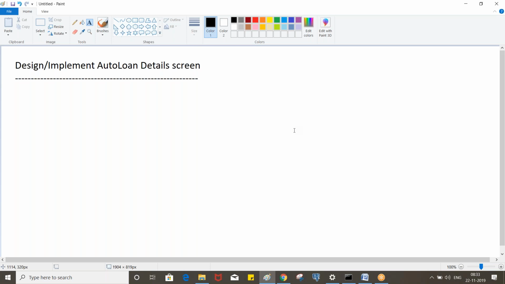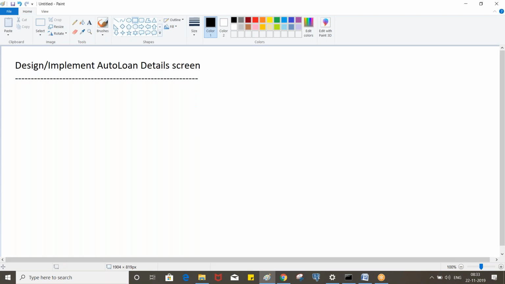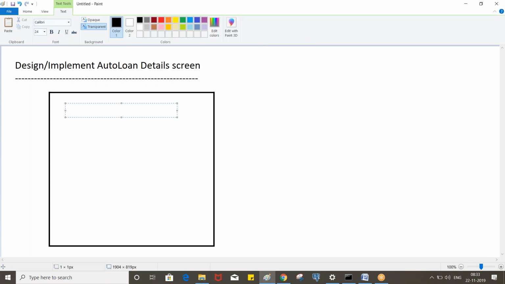Okay, so the screen will look like this. This will be the third screen of auto loan details. You will have the properties like VIN, make, model, model year.